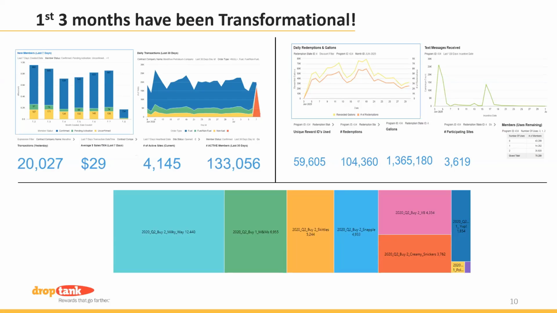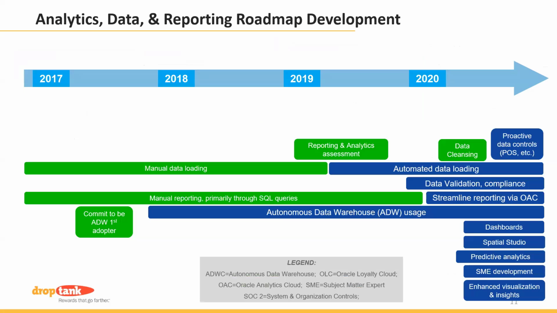The upper right was a dashboard for when, as the economy started picking up and people started going back to work somewhat in the U.S., we had a special program at our over 4,000 sites where we offered members the ability to get 10 cents off their gas. I created this dashboard for us to see what was taking place on a daily basis, staying focused and making adjustments to our program midstream and reaching out to certain members with reminder emails and text messages. None of this was possible before we went live. So it's been a great journey.